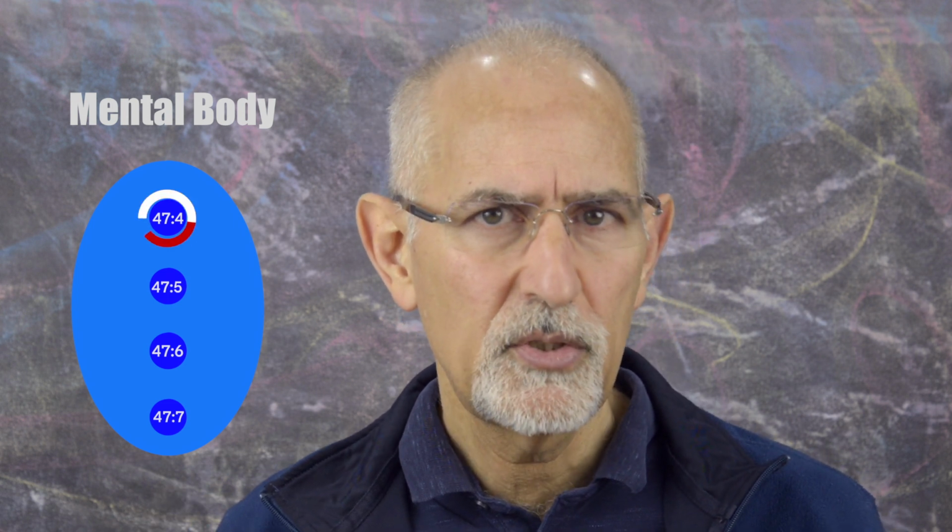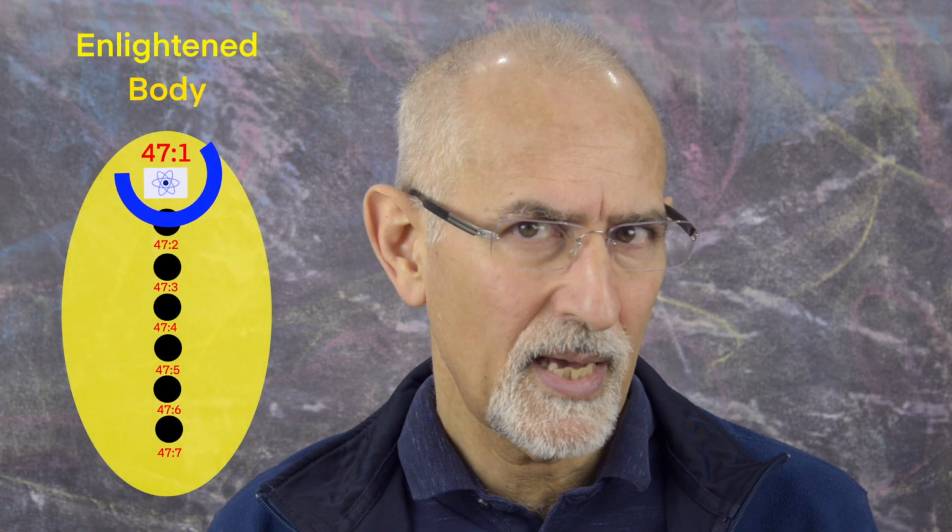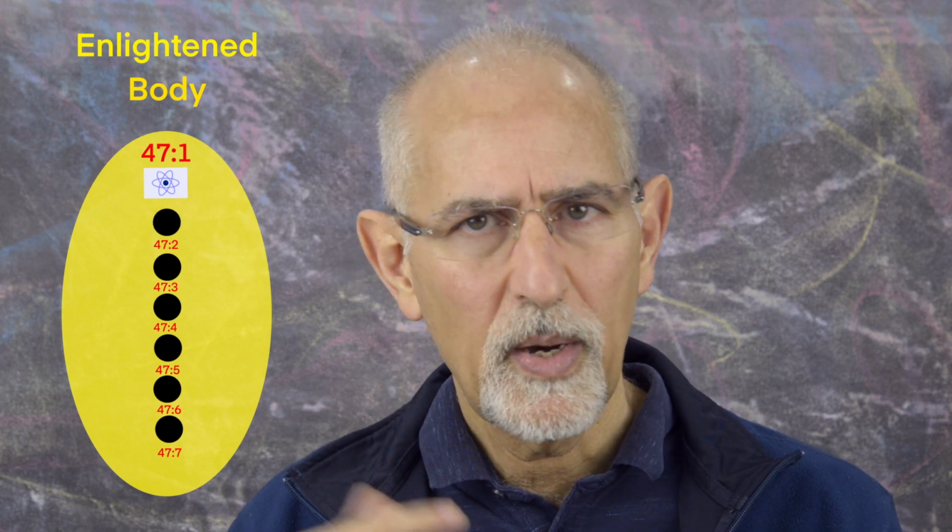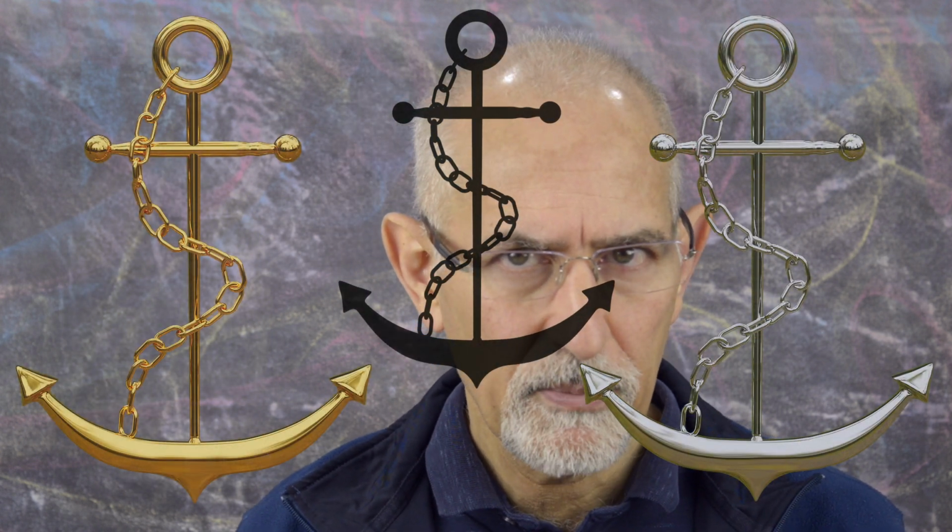When the focus of the monad moves into the 46th envelope, when it becomes a second self, the emotional envelope just fades away. In the same manner, when the Antahkarana is built, the permanent mental molecule 47-4 is superseded by the 47-1 permanent atom. The mental envelope coalesces into one unit, and the lower mental envelope is then seen as the fiction it always was. At this point, the monad has 3 points of anchorage.